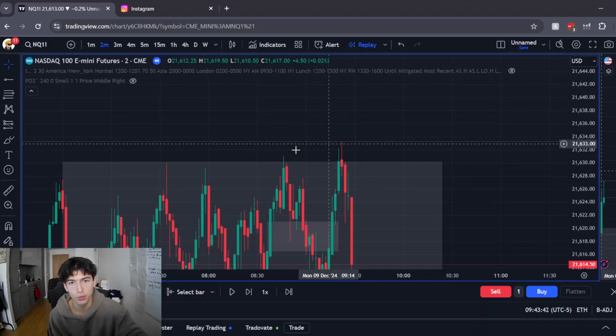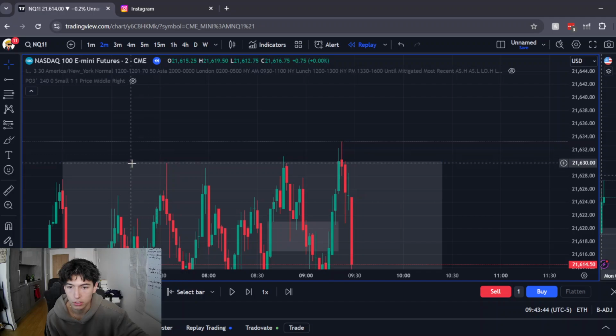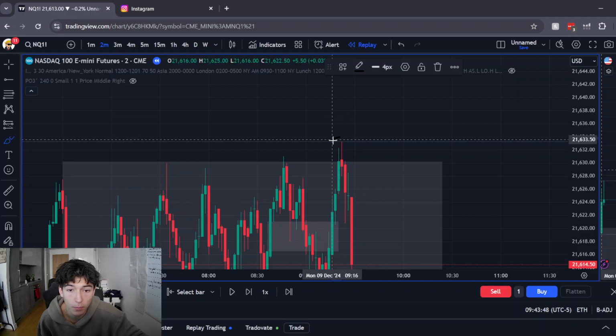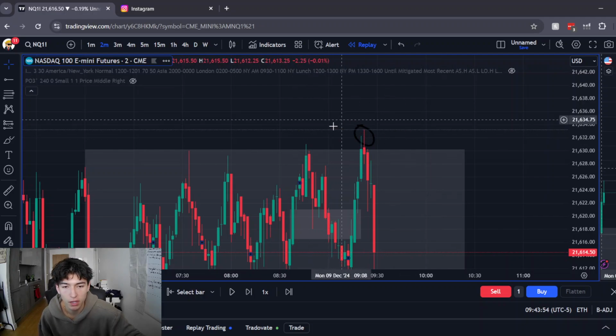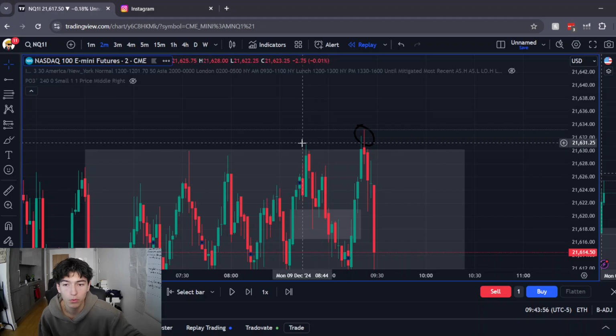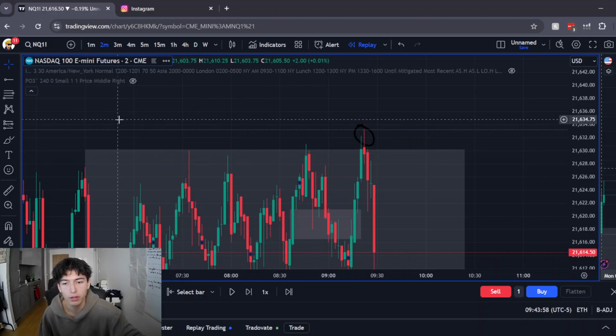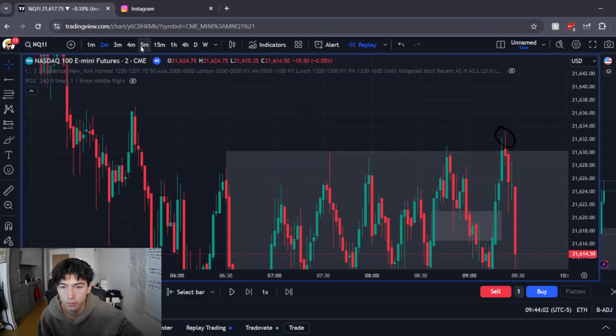We get another sweep of the previous high. Now this high becomes a protected high. Why does this become protected? Well, because both of these highs were used to take some sort of liquidity to the left, some sort of sell side, and they both fall into